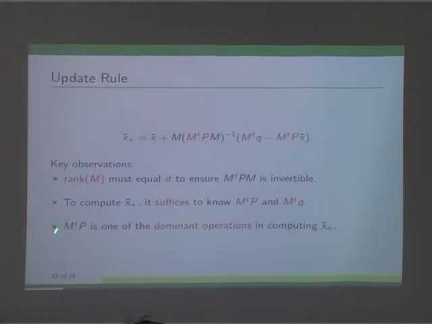But the problem is, even if one row of M is dense, then multiplying a row of M with the P matrix is again order of n square. Is this okay? So I cannot have an M in which even a single row is dense. I hope this fact is clear. Because of this reason, how do I choose M?